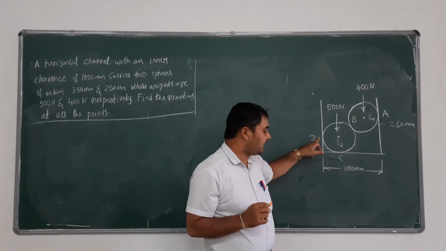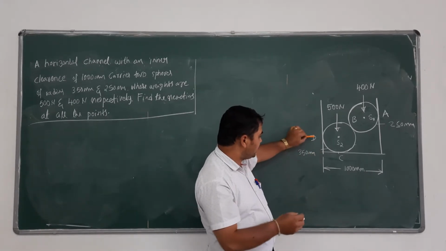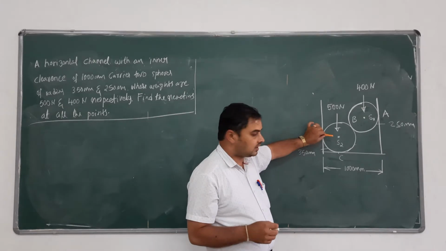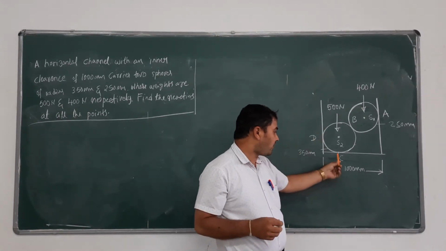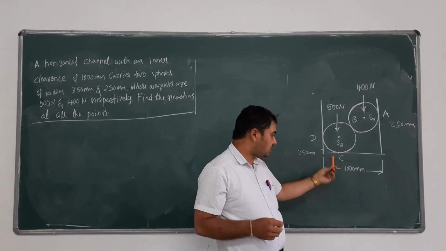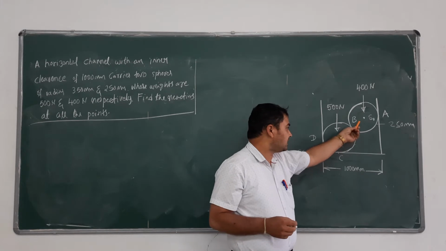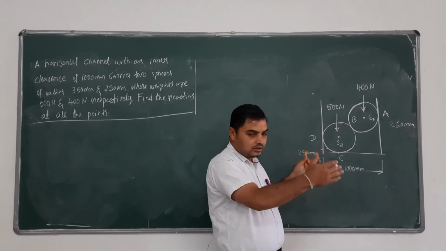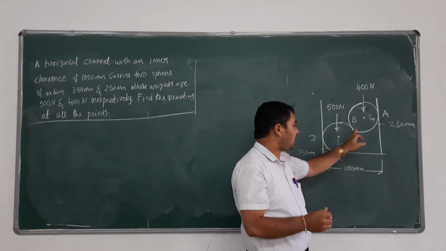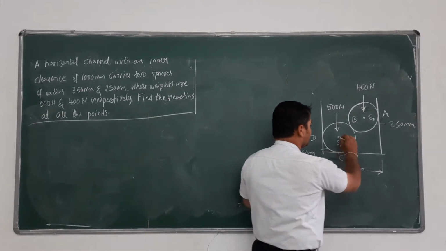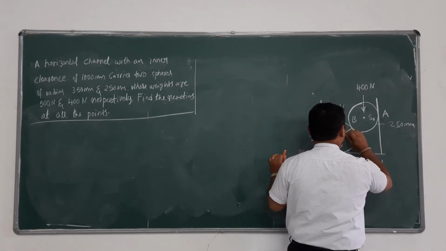Whereas at the point D, again the surface is vertical, so perpendicular to the surface means the reaction should be horizontal. Similarly, at the point C, the surface is horizontal, so the reaction should be vertical. Whereas here the spheres have an inclination, they are not exactly placed side by side. There is an inclination between S1 and S2. Therefore, an inclined reaction exists between S1 and S2.